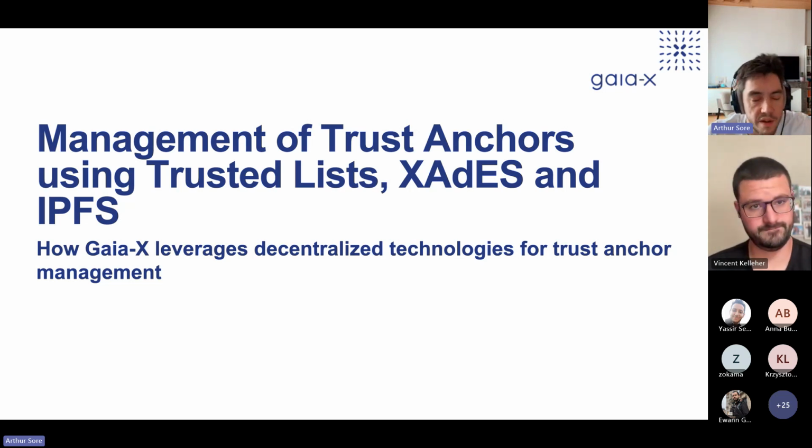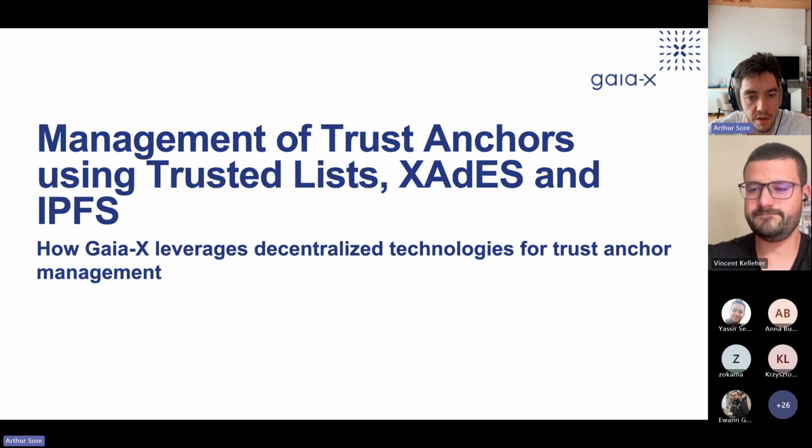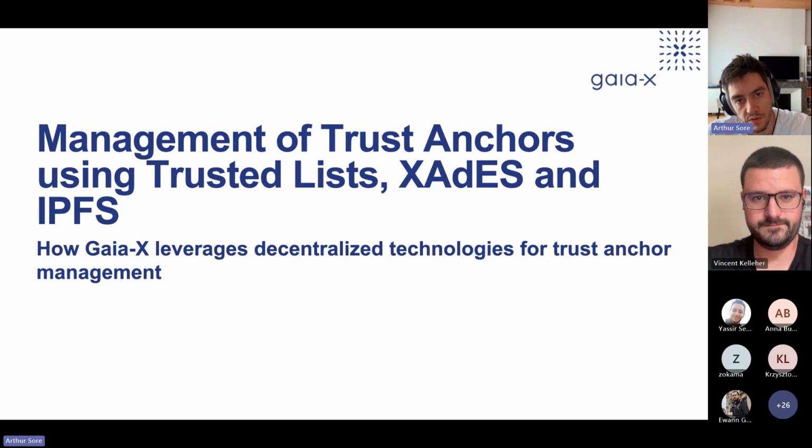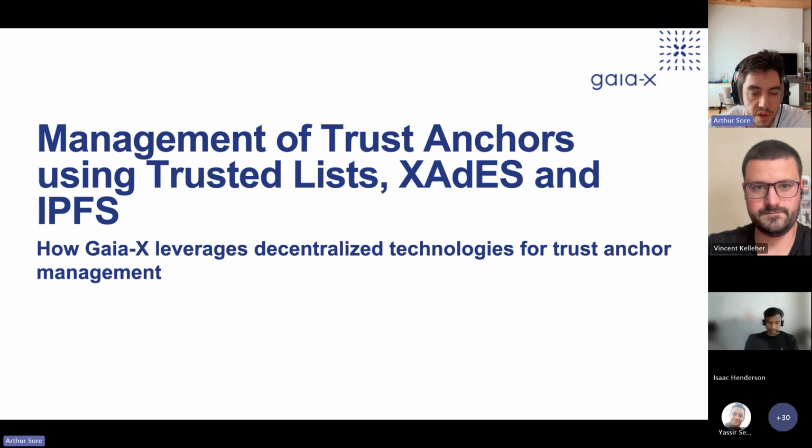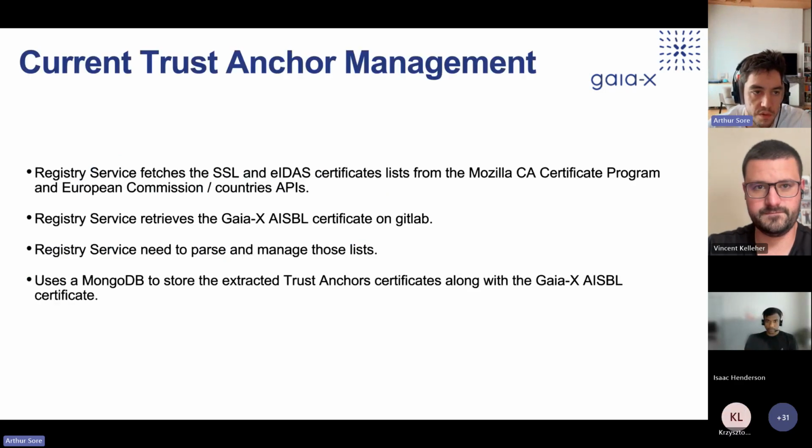As a disclaimer, nothing that you will see today will be backported to V1. So this does not impact Tagus in any means. So how do we manage trust anchors now, and how will we manage it in the future? So currently, we have